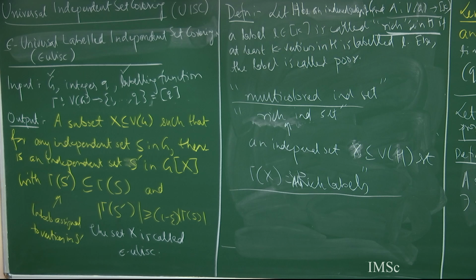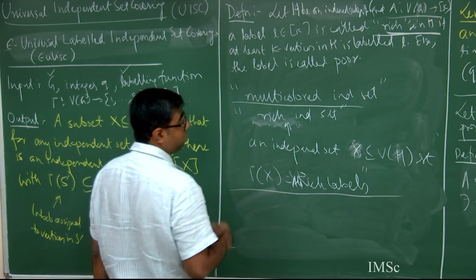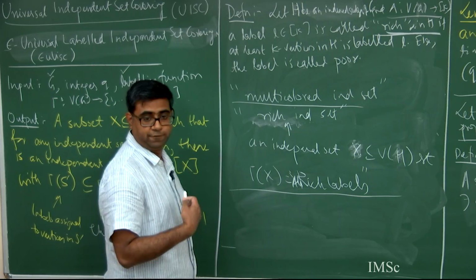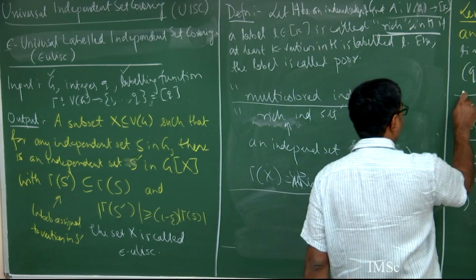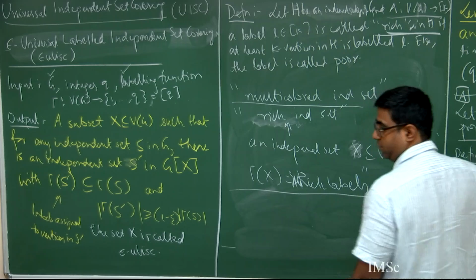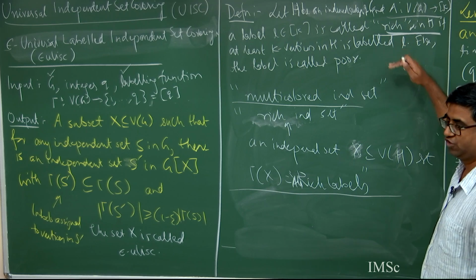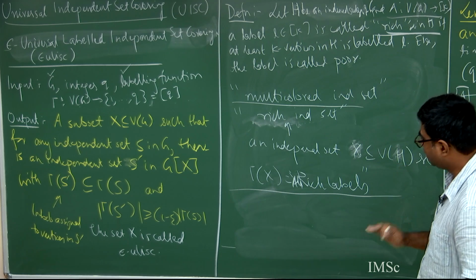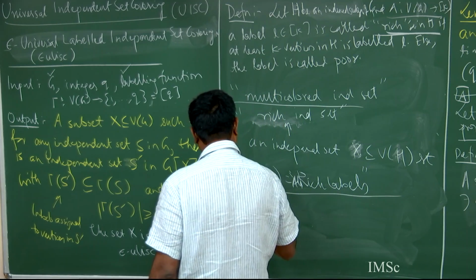So suppose we do have an algorithm to find a rich independent set. Let us write down this lemma; we will come back and prove all of them, let us not worry about not proving them. I am making lots of bullet points. First, this is something I need to prove to you, how we can make such a transformation. Now I told you that I define a notion of rich and poor, and now what is my lemma? My lemma is,